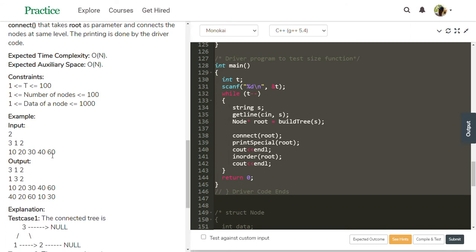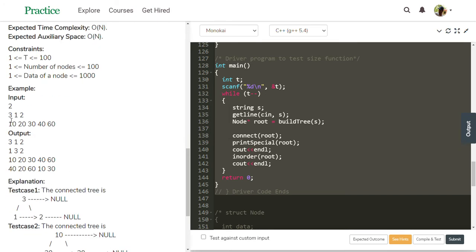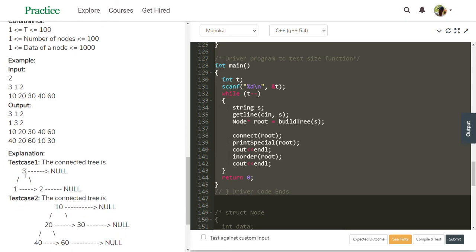Here is the example input. First one is the number of test cases. In every test case we take a string. That string represents a binary tree. See 3 1 2 like this. 3's left node data is 1, right node data is 2. Output, see this output.